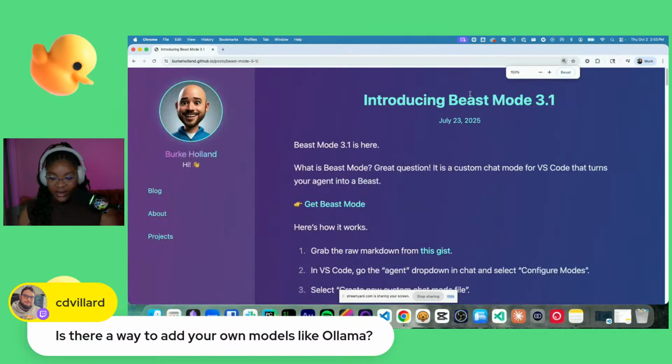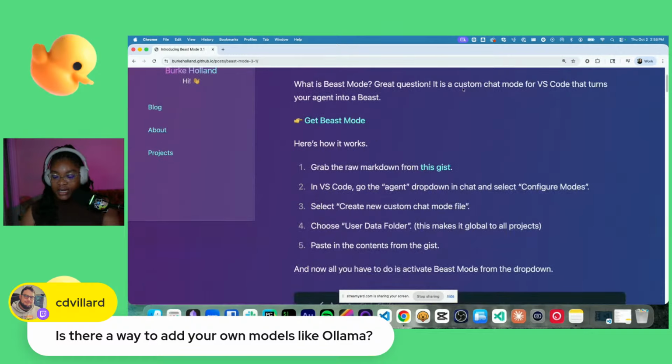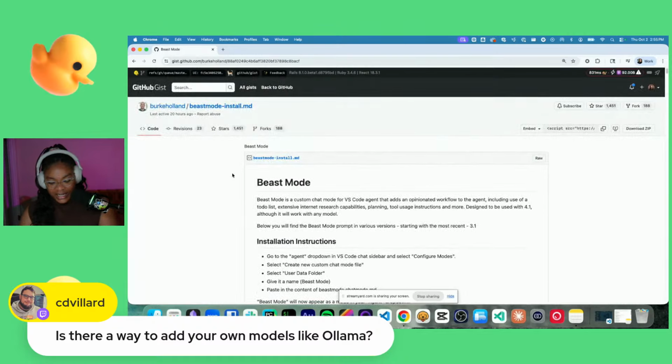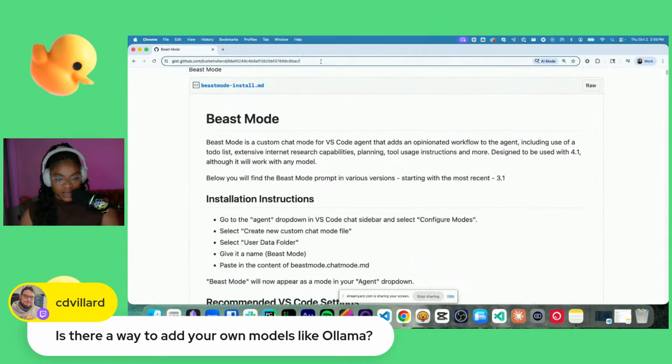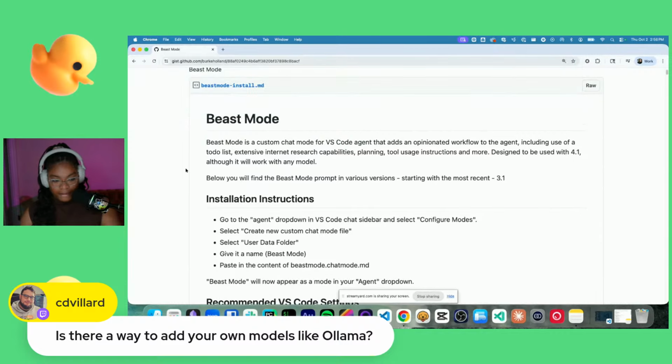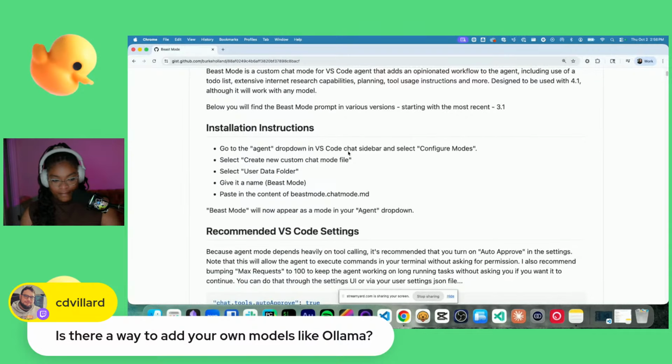He called his beast mode 3.1. It's a custom chat mode for VS Code that turns your agent into a beast. And he has everything laid out in a gist that you can use.